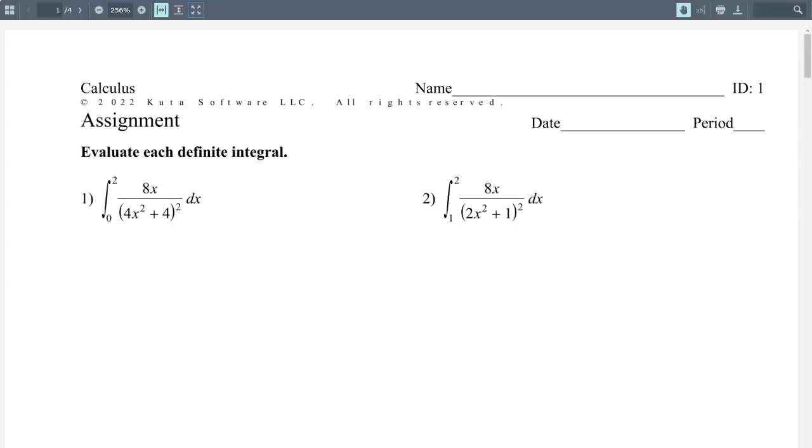So what I would recommend is you do number 2. We did number 1 and 3 together. I'd recommend you try number 2 both ways. And then once you've done it both ways,